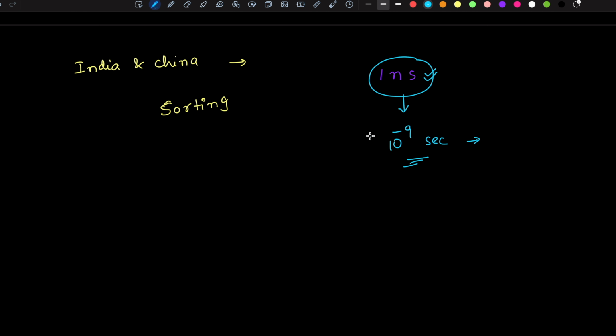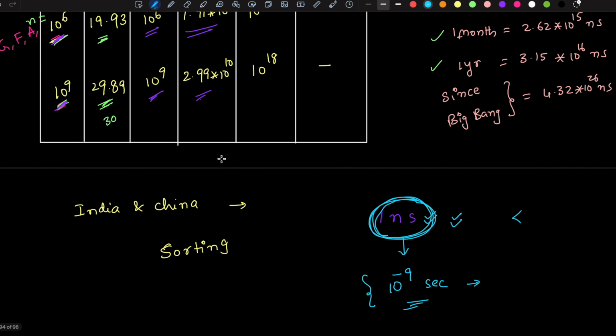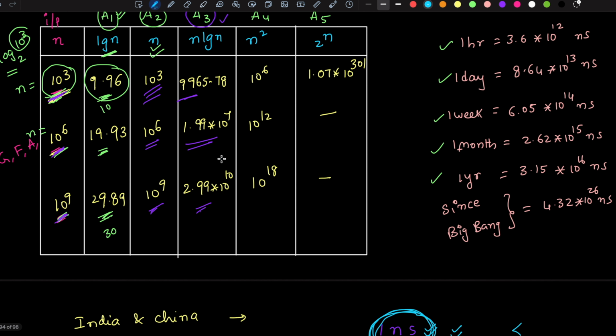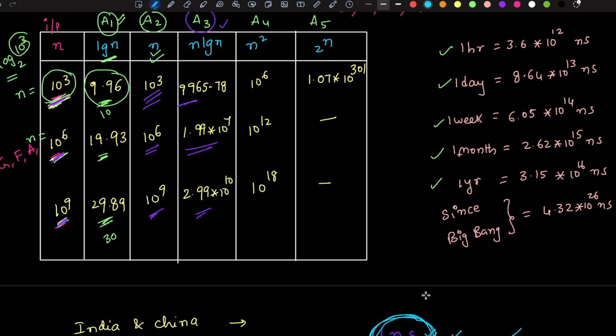So why do we need to assume each operation takes 1 nanosecond? Because modern processors can often execute simple operations like comparisons or additions roughly in around 1 nanosecond, sometimes even less than that. So this is a reasonably rough approximation to help us understand the scale. So using this assumption, that each operation takes 1 nanosecond,